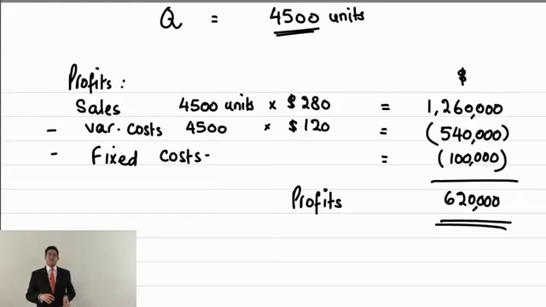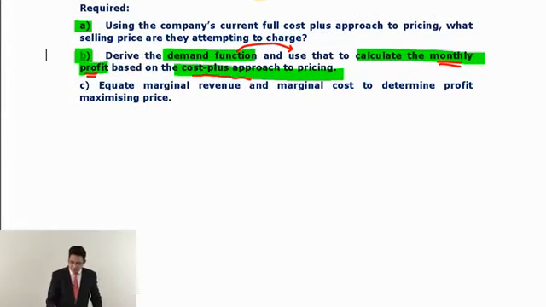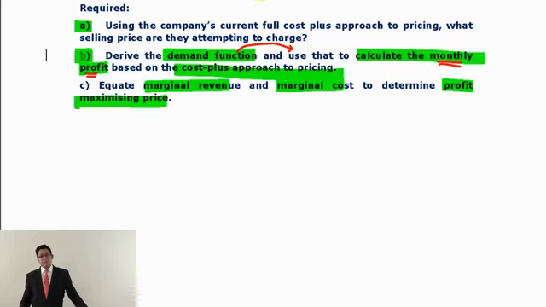So our answer is simply this: if we set a price of 280 based upon our existing pricing policy, we will sell 4,500 washing machines, and this price and volume combination is expected to generate $620,000 profit. Okay, now let's have a look at requirement C. Equate marginal revenue and marginal cost to determine the profit maximizing price, and then we will double check whether this is